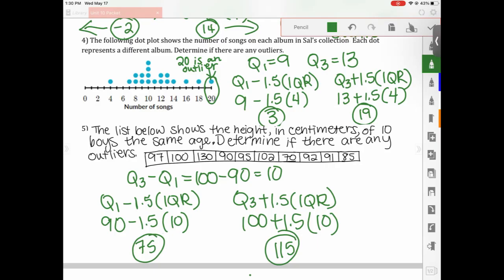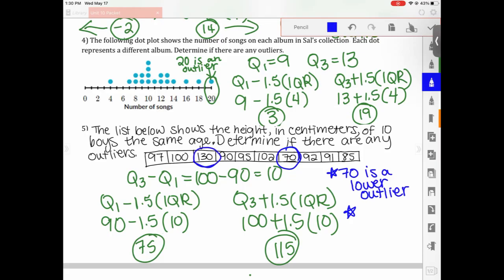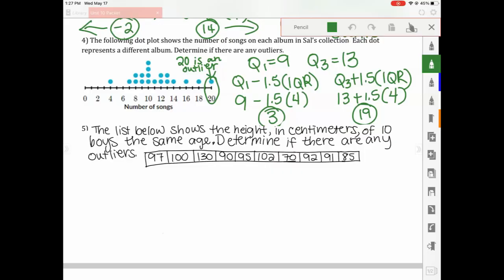So anybody lower than 75 would be an outlier. So we have one lower outlier. 70 is going to be a lower outlier because it's below 75. And then we have some upper outliers as well, anything above 115. So 130 is going to be an upper outlier. So in order to not be an outlier, it would have to be in between these 2 numbers. Anything lower or higher, it becomes an outlier. So next we're going to